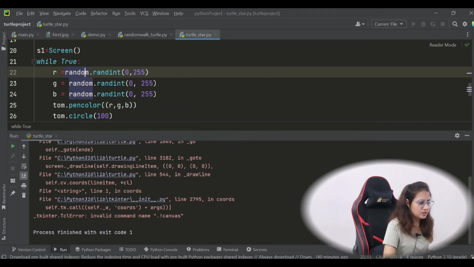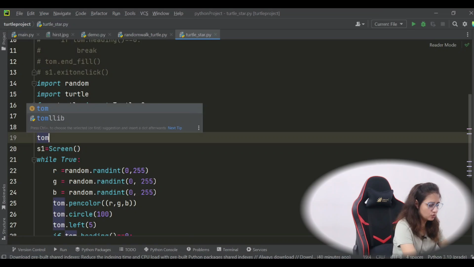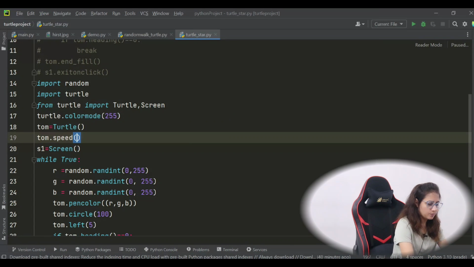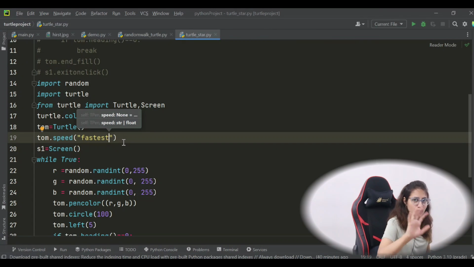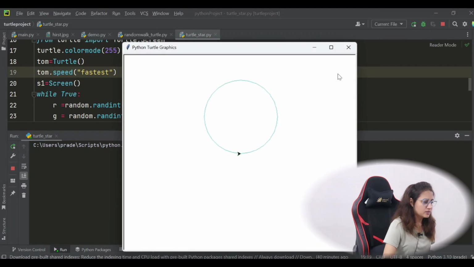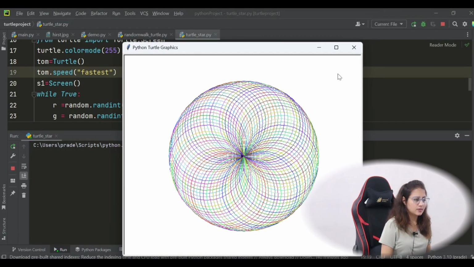And let's make it fastest. Let's increase the speed of this. Tom dot speed fastest, or you can write here 0, which is also fastest, and 10 is also fastest. 0 means no animation. So let's run this now. See, it will look something like this and stop. Once it reaches the original position, the original circle, it just stops,